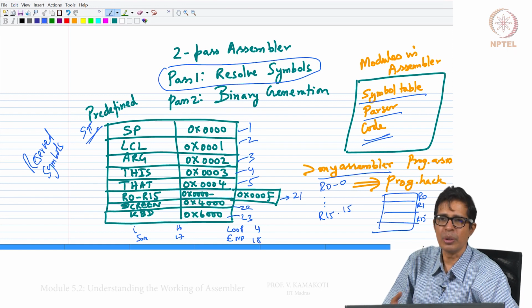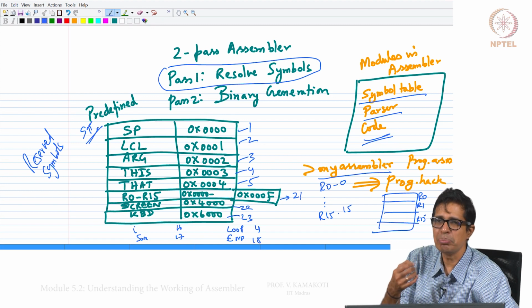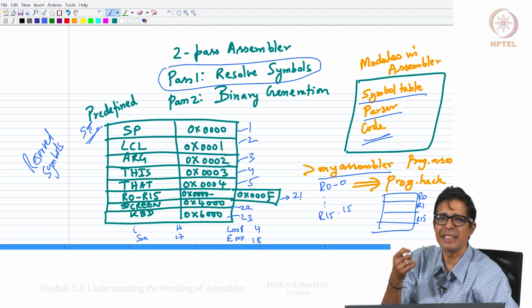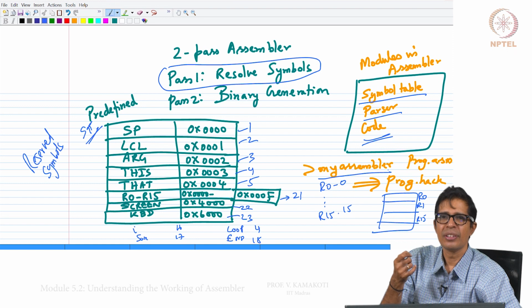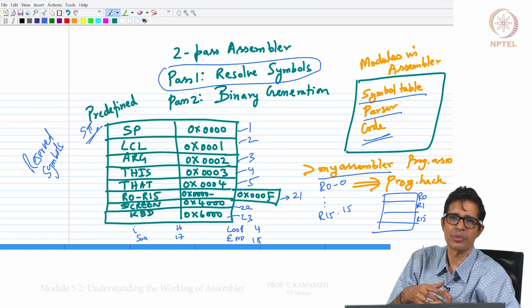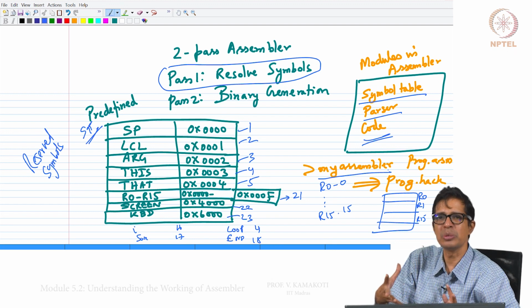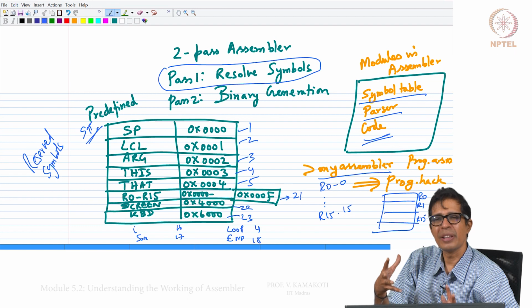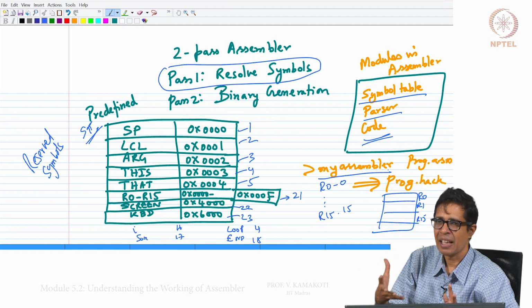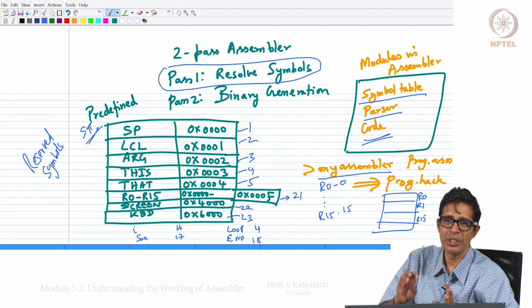So, in the next module we will talk about some of the simple but vital things of how to make this software, the assembler software. This will give you an introduction of how to develop software, how to develop what we call APIs, application programming interfaces. So, this will be a good introduction to systems programming, which is a very, very important part.